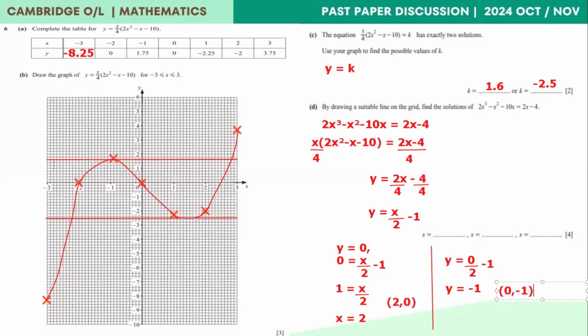I'll just use a different color for this point. So 2 comma 0, that's going to be here. And also 0 comma minus 1, that's going to be here. Now if I draw the line,